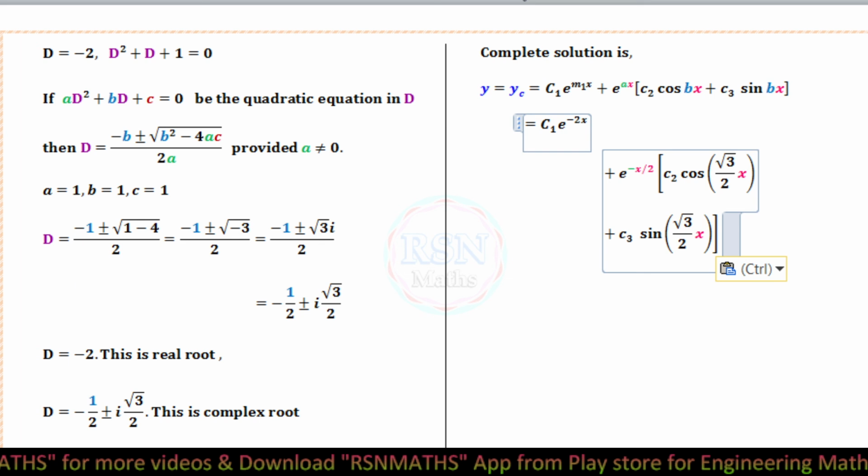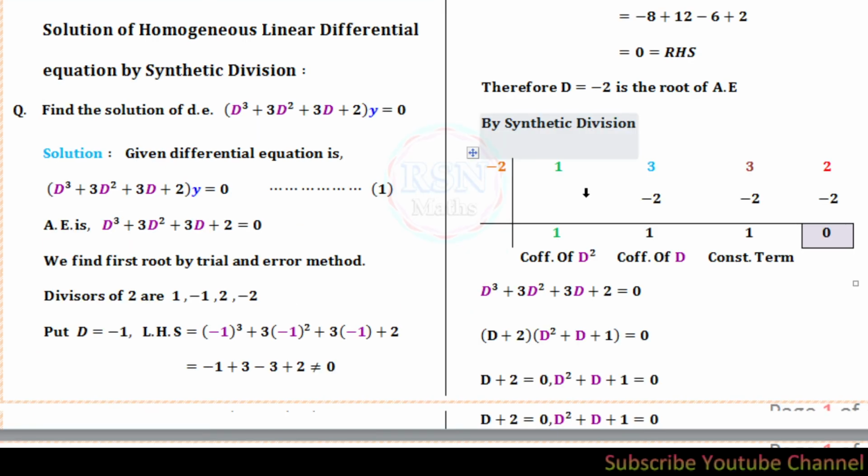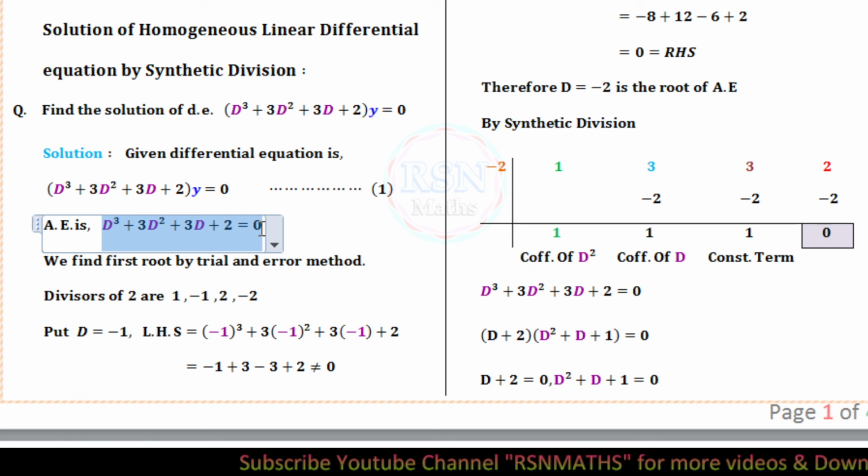Now are you getting synthetic division? Okay, now see this example. This is a cubic polynomial in D, and if we see the last constant term, here the constant term is 2. So using trial and error, we have to see the divisors of the last constant term. Now here the divisors of the last constant term are